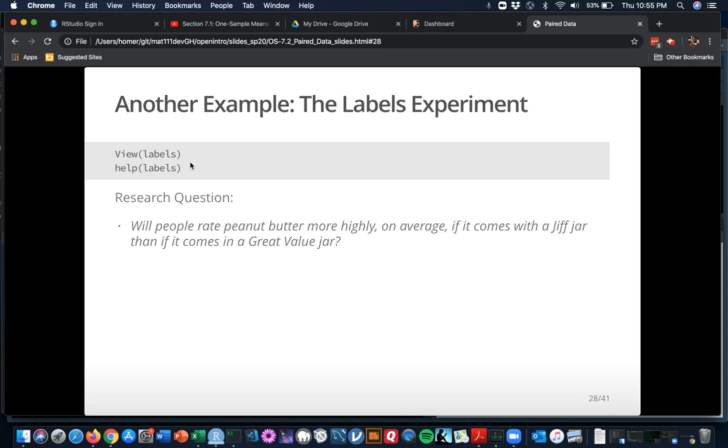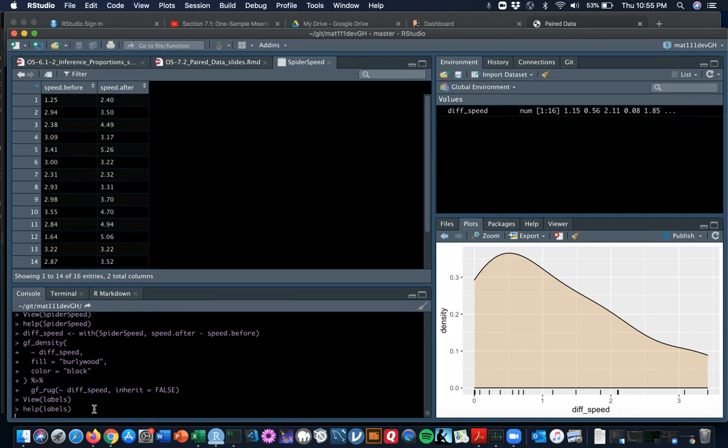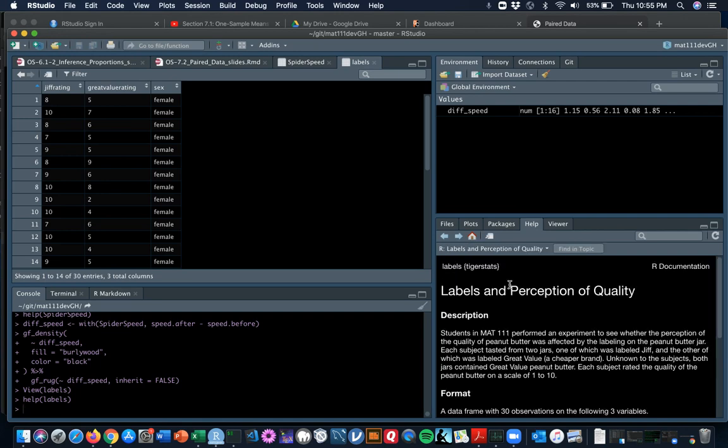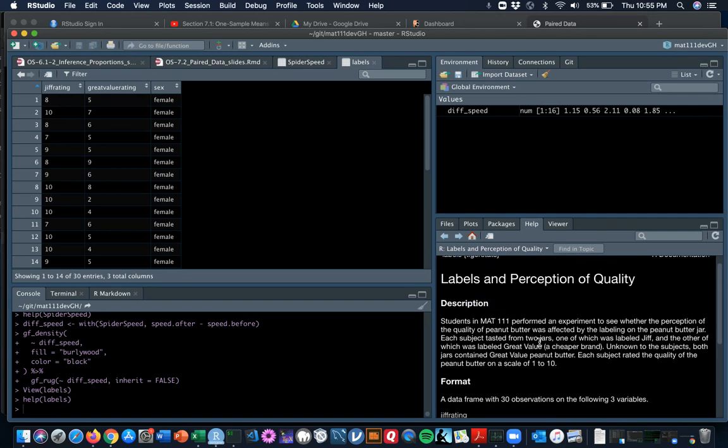Here's another example. This is a very interesting one. Go ahead and run a view and help on labels. Labels is a data frame in the TigerStats package. And over here in help, you've got to go get the one that's in TigerStats. So we'll click on that. And what we learned by reading the help and then looking over here in the view is that this data